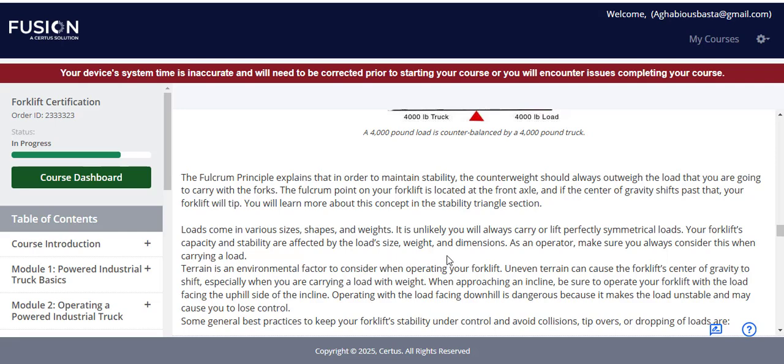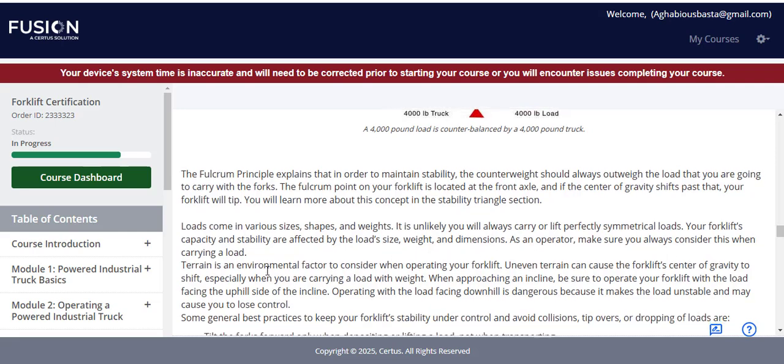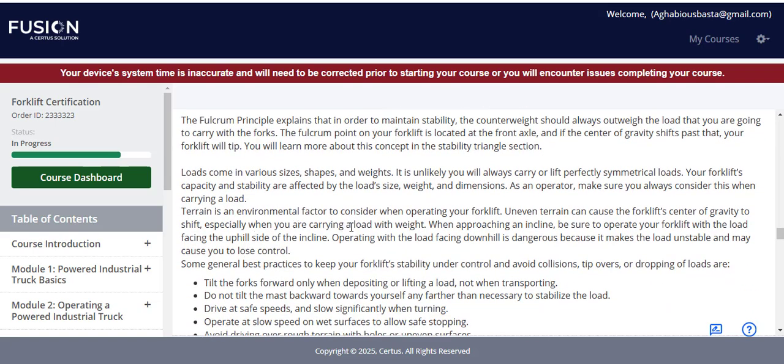Terrain is an environmental factor to consider when operating your forklift. Uneven terrain can cause the forklift's center of gravity to shift, especially when you are carrying a load with weight. When approaching an incline, be sure to operate your forklift with the load facing the uphill side of the incline. Operating with the load facing downhill is dangerous because it makes the load unstable and may cause you to lose